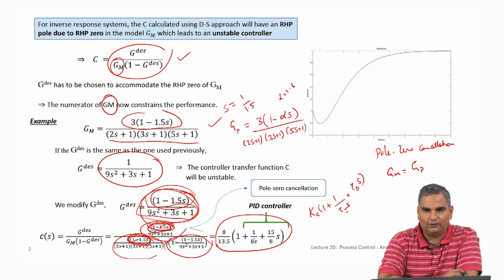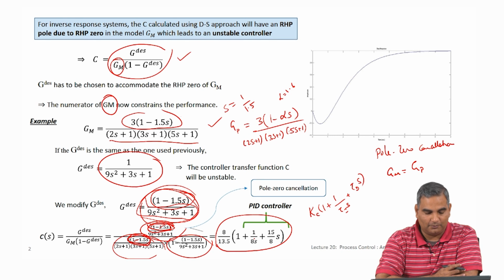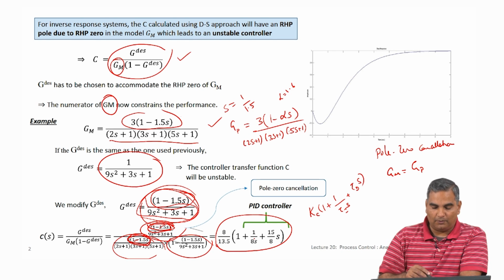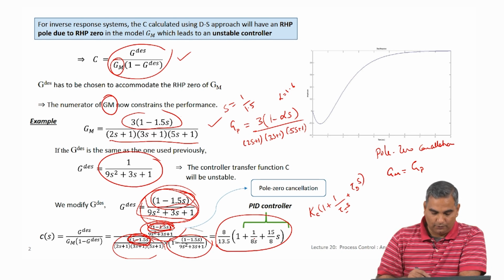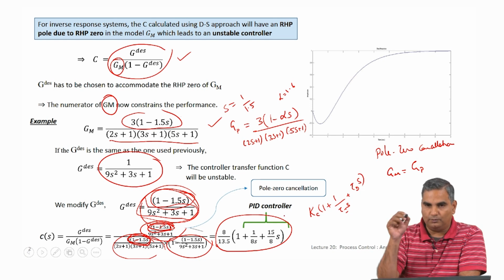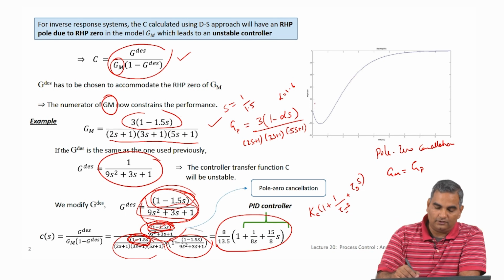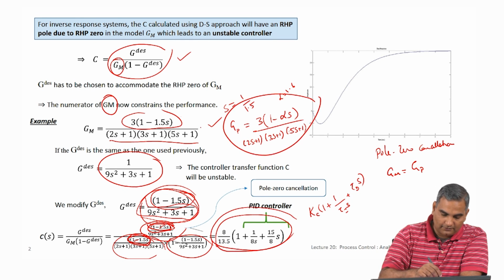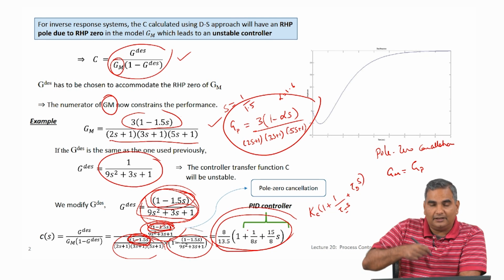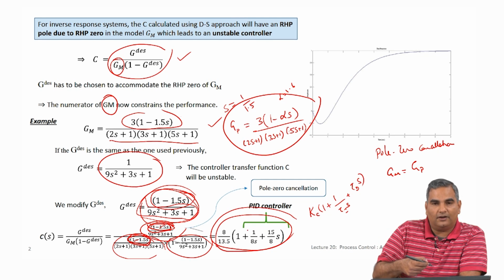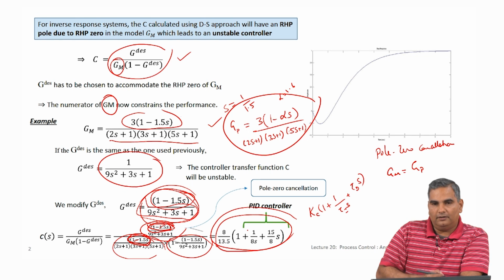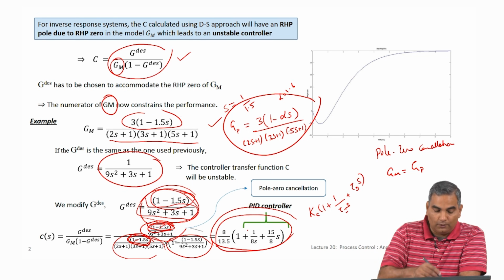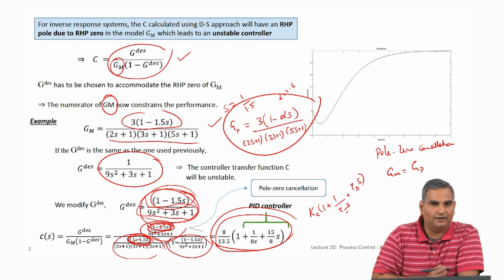Now you might ask, if that is the case, what is the impact of process model mismatch? The impact of process model mismatch you study now. When you put this controller in your closed loop block diagram, you use this G process, right. The controller has been designed assuming the model is this, but actually you check the effect or the performance of this controller on the process, which could be different from the model you used in designing the controller.